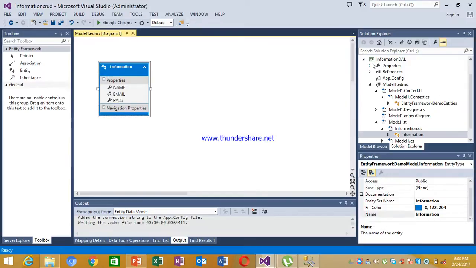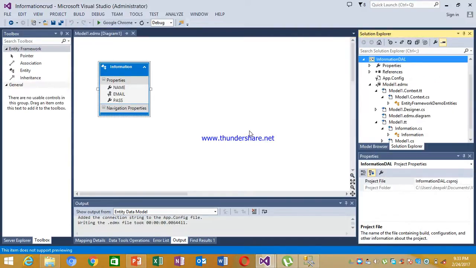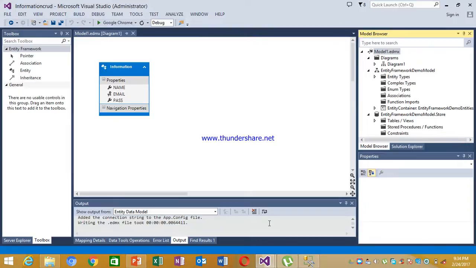If you want to see the detailed information about an EDMX file, then right click on the model and click on model browser. In the model browser, you can see the complete details about the EDMX file.